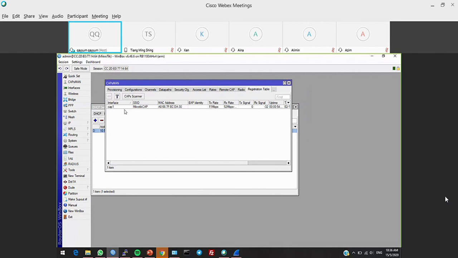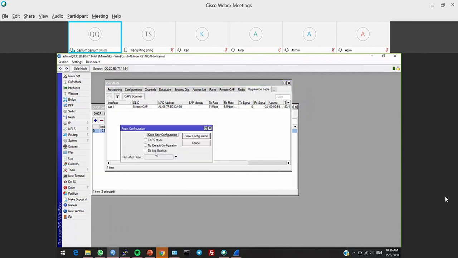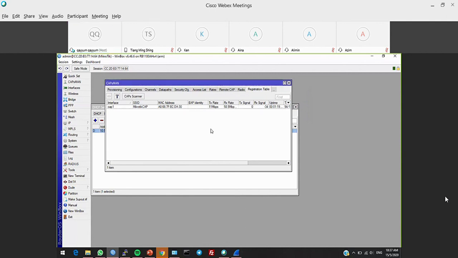Another way is to reset the CAP; when you reset it, you will see this option, so you can reset and then enable CAPs mode. After the CAP reboots, it will become CAPs mode, and it will be auto detected here. But I would suggest you go into the CAP and enable the CAPs mode. So this is how you can do it.